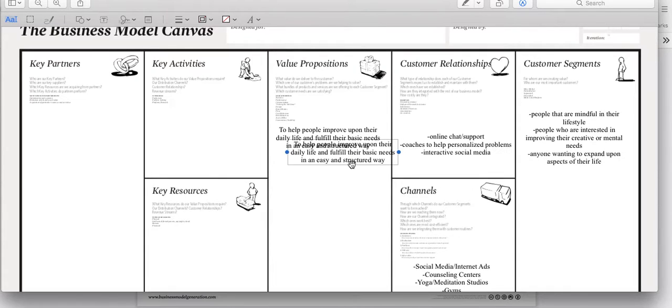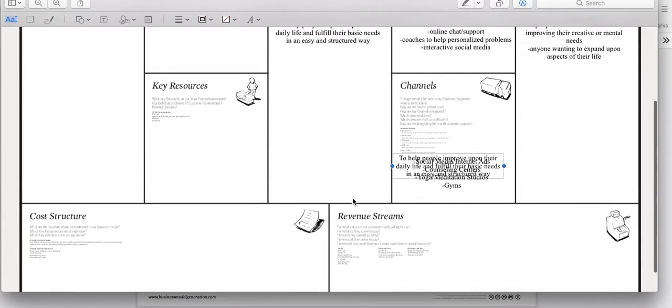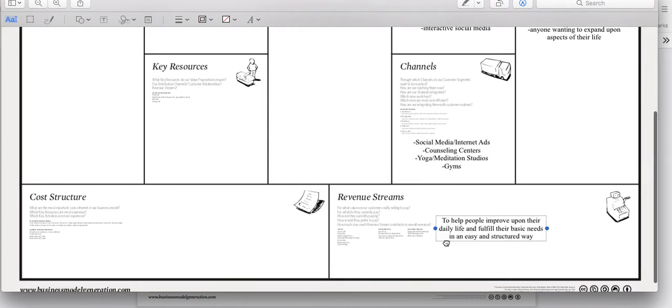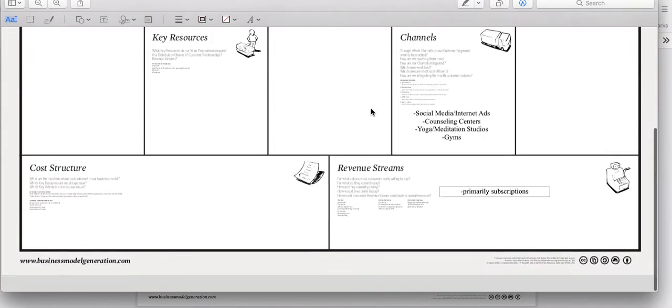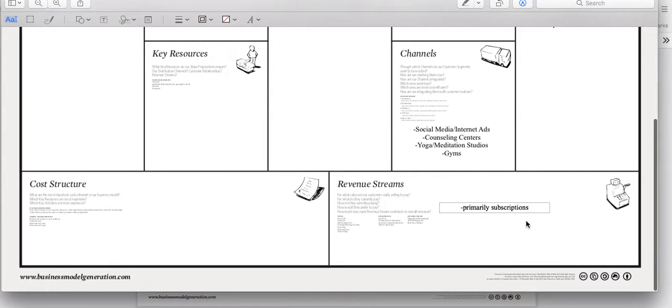Alright, so the next one we're going to do is the revenue streams. How are we getting our money? Primarily from subscriptions, of course. If you want to talk to a coach, if you want to have a specialized outline, if you want any of those types of capabilities.